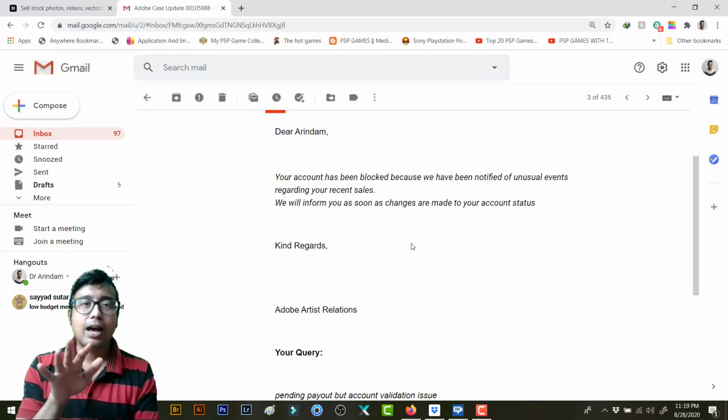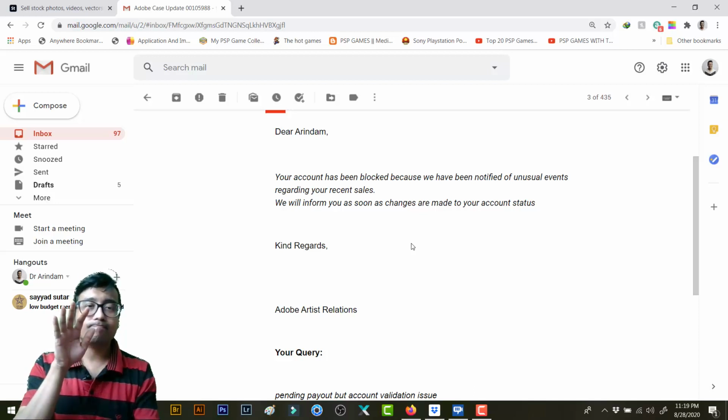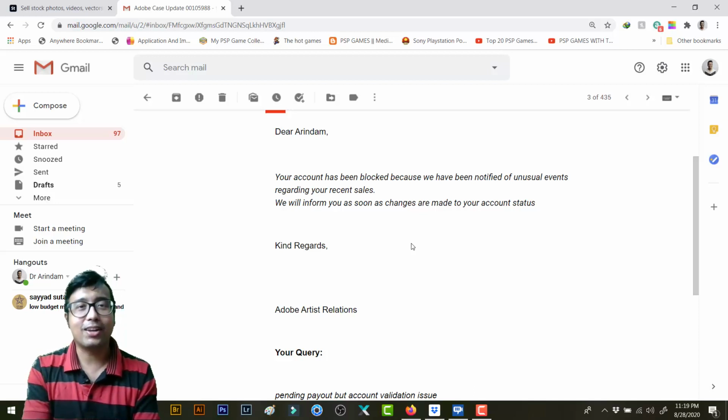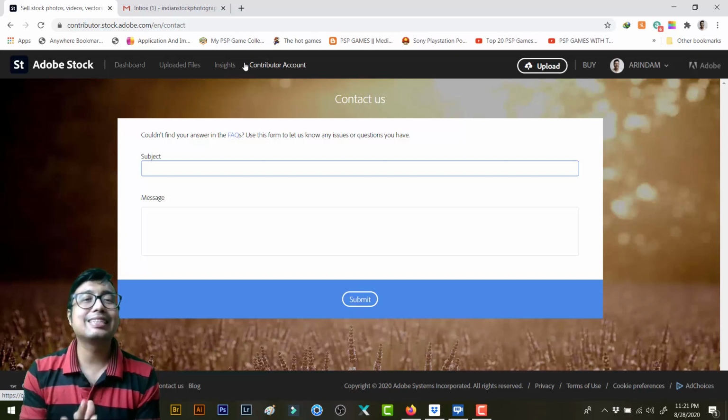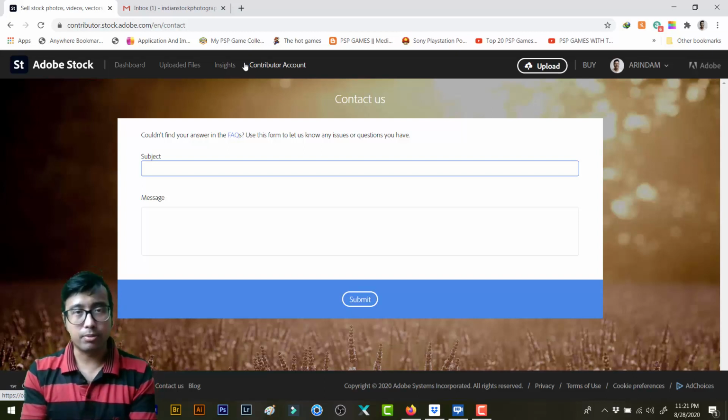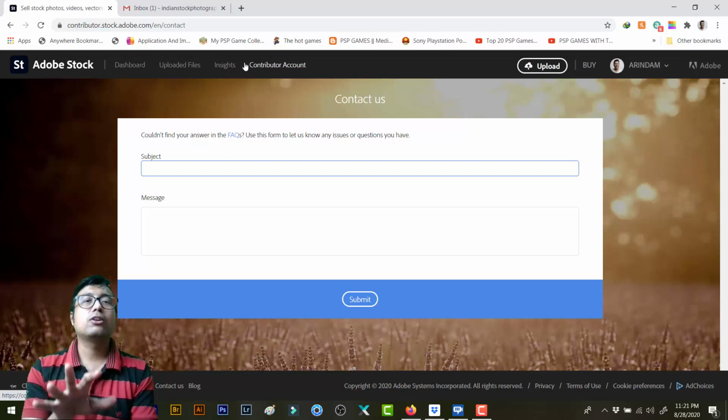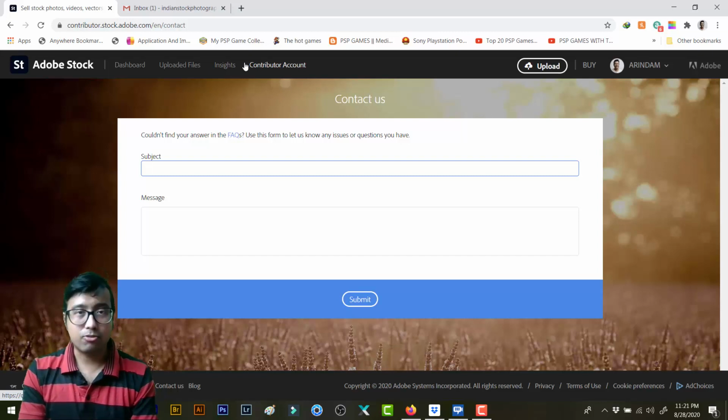So today I have decided to solve this once and for all. So what is the 100% guaranteed solution to this problem? Okay, well, I will not say solution, but a way to bypass your frustration is to make a new Adobe account. Alright, trust me guys, if you continue your correspondence, if you contact them, they will give you nothing.